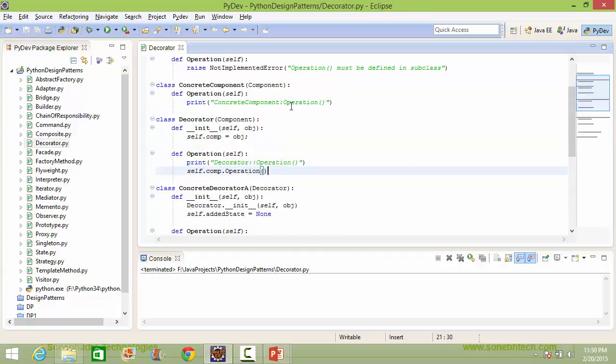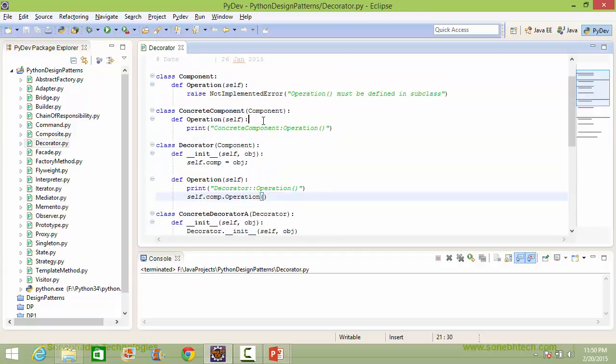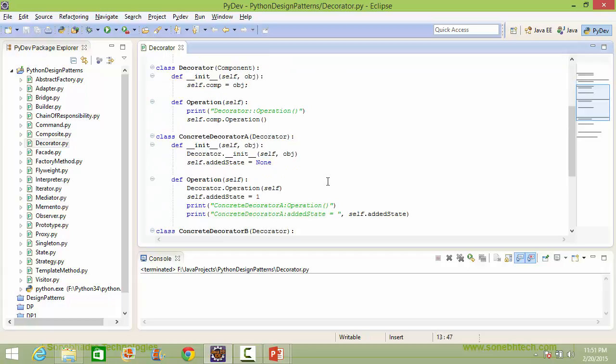So it will come here, and it will do the operation for concrete component. Here it will just display this statement. Then it will come back to